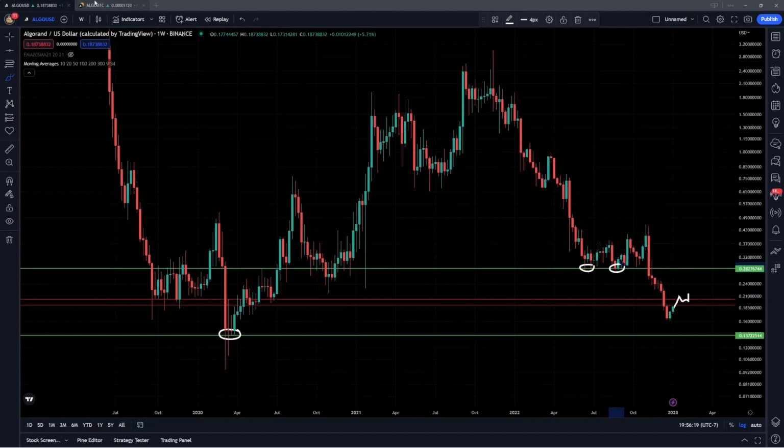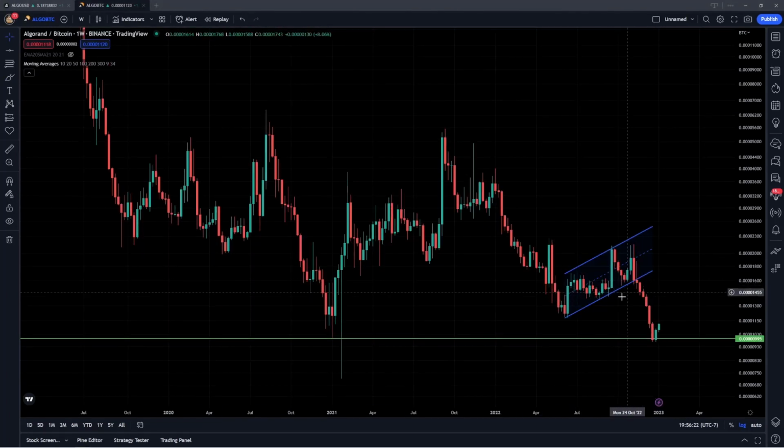So I also do want to talk about the ALGO Bitcoin ratio and discuss the fact that we have seen a breakdown from this channel that we talked about a few videos ago. We saw that higher high, higher low structure, which was very positive, but ultimately that has broken down and we've started to see a retest of the support and the lows from back here in January of 2021. And we are seeing an initial bounce off of that, similar to the ALGO USD pair, which is positive to see, but ultimately, I do not like the sign of retesting the all-time low here because there is really the